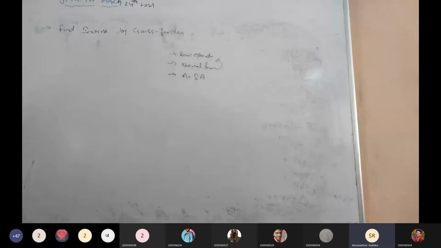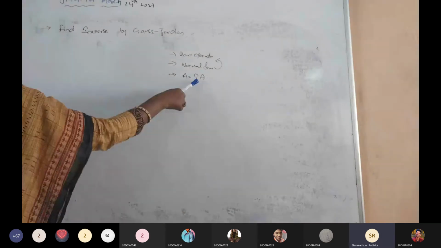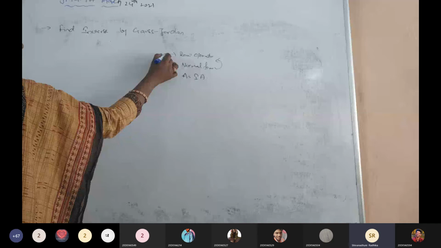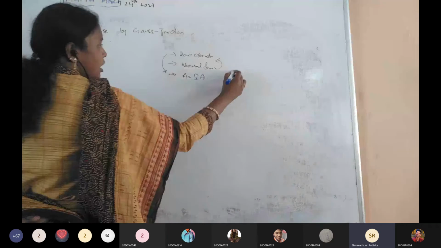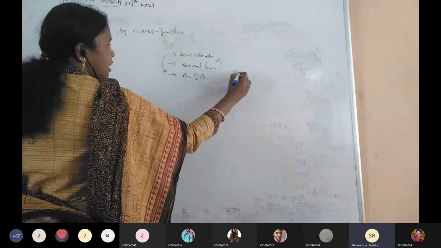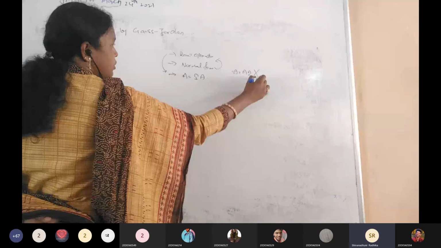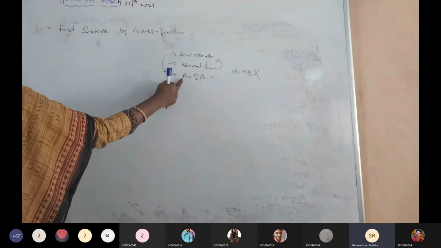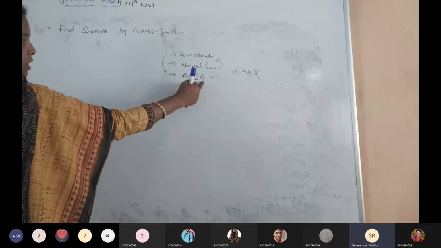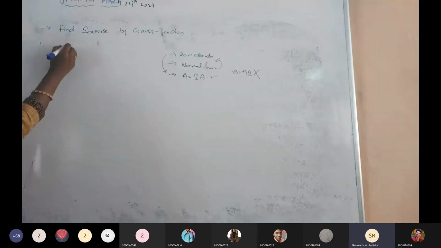What is the formula of Gauss-Jordan? Capital A equals IA when we are using the row operations. And we have the chance for column operations also. Then what is the formula? A equals AI. But don't use that one. You have to use only the row operations. Already we have done so many problems using the Gauss elimination and consistent problems. So that's why you have to use only the row operations. And what is the formula of Gauss-Jordan? A equals IA.